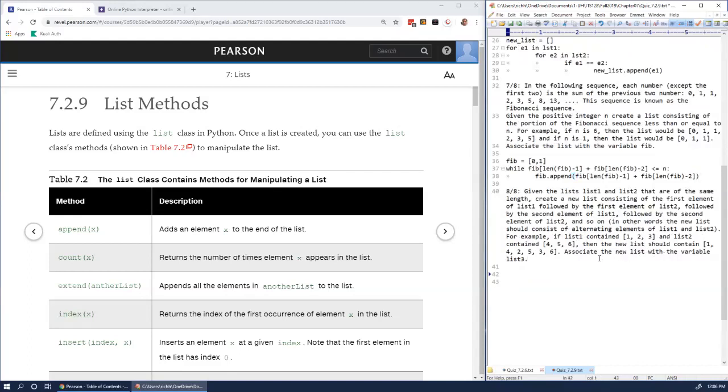So let's initialize list 3 to equal nothing. And we're going to go for the two lists of the same length. So we can just use one of them to do for I in range. So it's because we want to do it in order of list 1. For that, we want list 3. I want to append to it